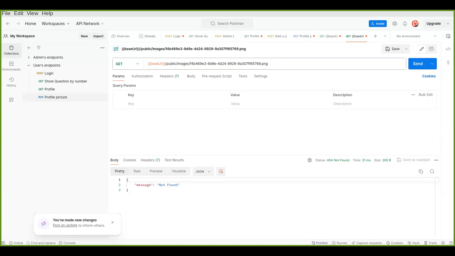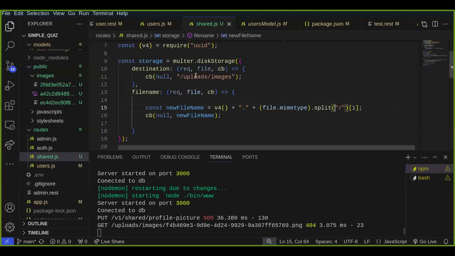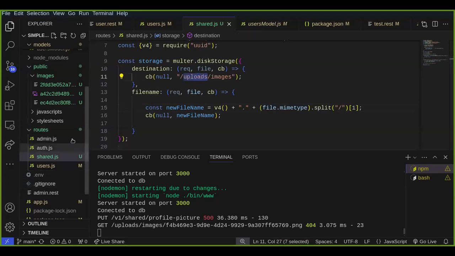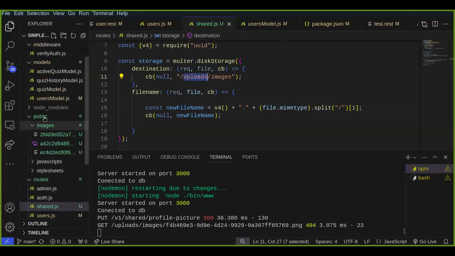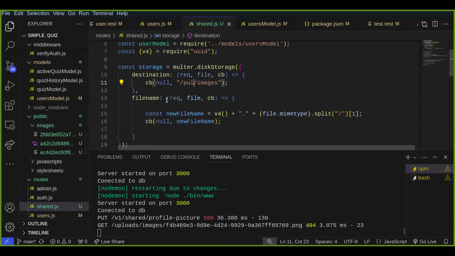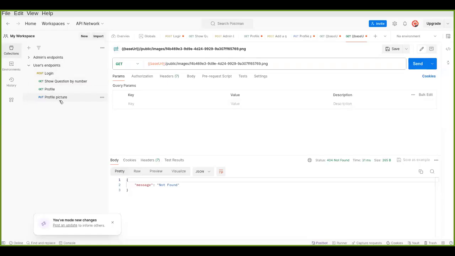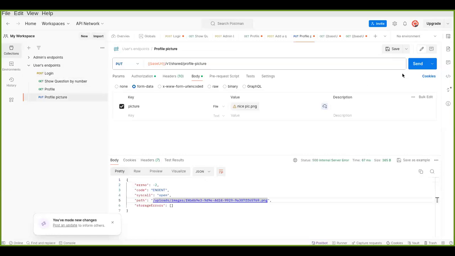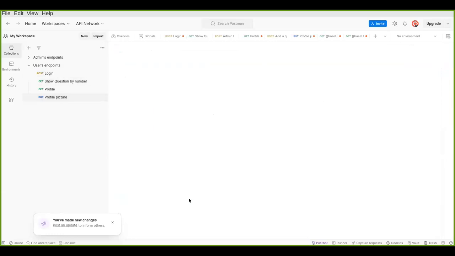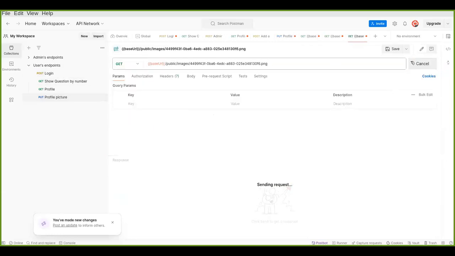Let's come back here. So while writing this, I wrote uploads the image instead of writing public. Instead of writing public images. So this is public and images. Then let's go back there to test again. So back here, let me send that request again. Now we have upload/images. If I click there and send the request,